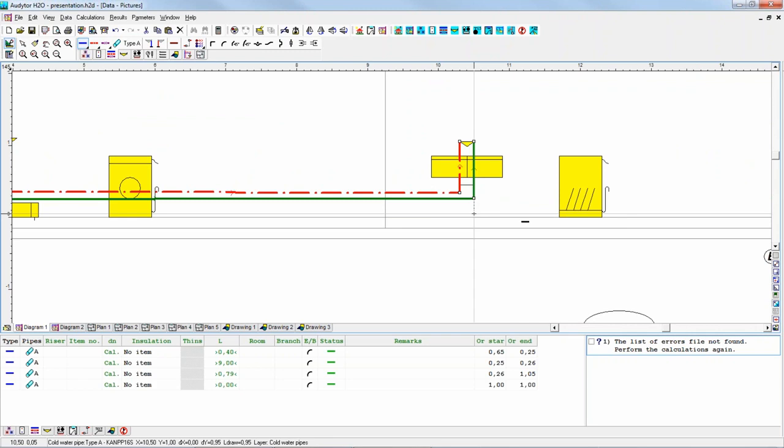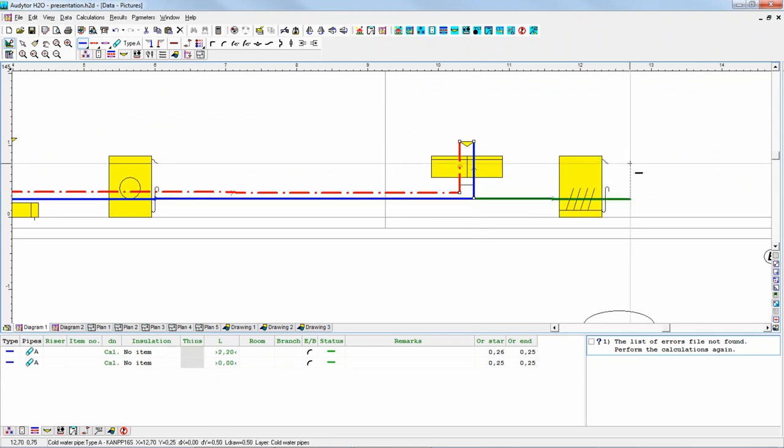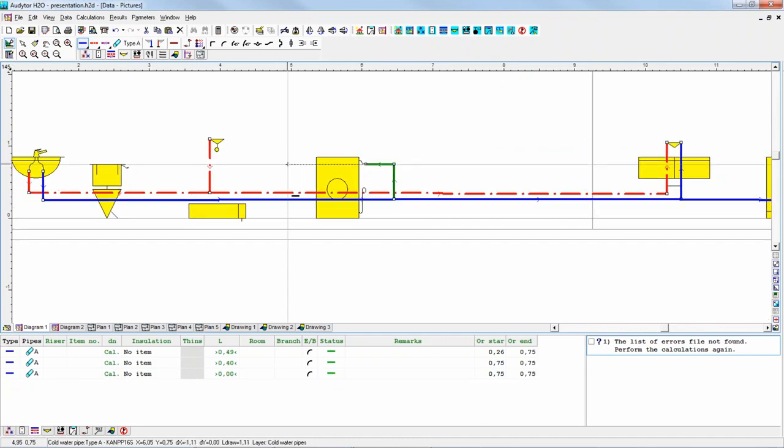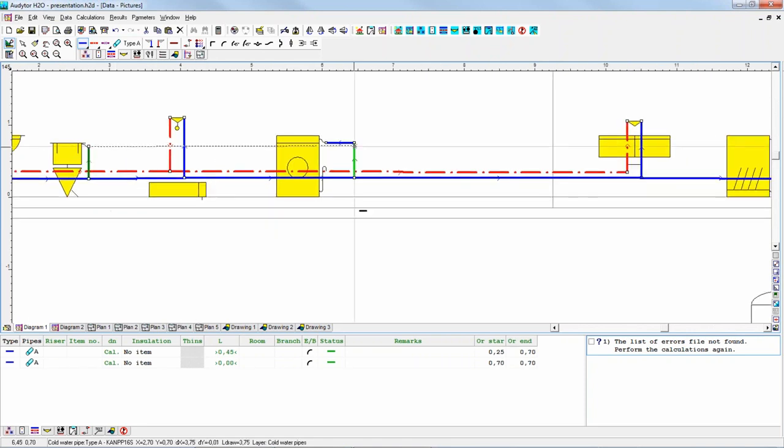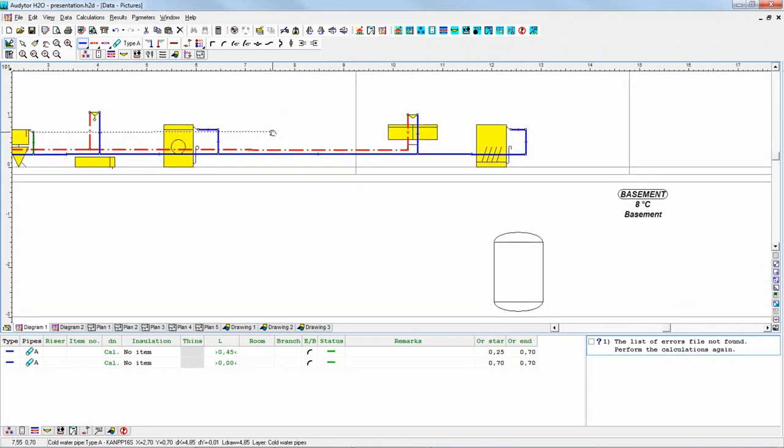And also, I have to go to the dishwasher. Also, the washing machine. And also the toilet. So these are the main pipes in the apartment, and now we have to connect it to the